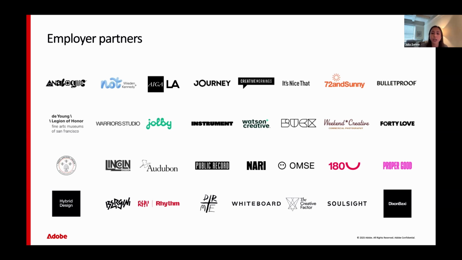The employer partners are the ones that are posting job opportunities. They're the ones that are interviewing candidates and really managing the apprentice experience and scoping meaningful projects for you all while you're apprentices. So you're not working for Adobe on the apprenticeship piece, you're working with the employer partner. And once a candidate is added to our private apprenticeship portal, you'll be able to see those opportunities and apply accordingly.